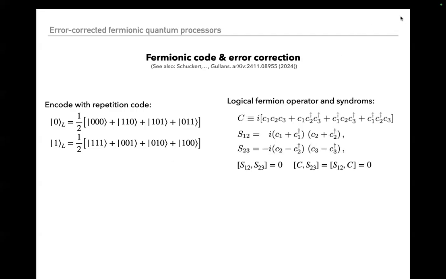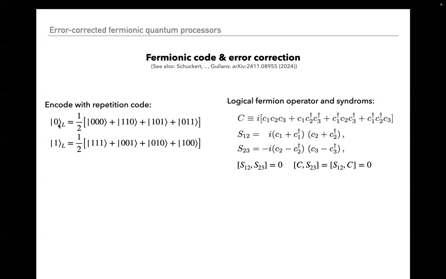Similarly, you can define 2 stabilizers. They are the fermionic analog of this product of X operations that we were measuring earlier. And importantly, as I said earlier as well, these operators commute, so you can simultaneously measure them. And they also commute with this big Z operator over here, meaning that this operator, as defined in this way, would stay in the logical subspace, and therefore it's the corresponding annihilation operator, which will bring you from this logical